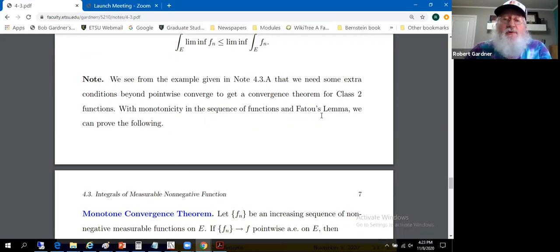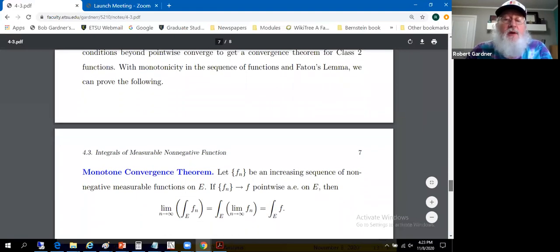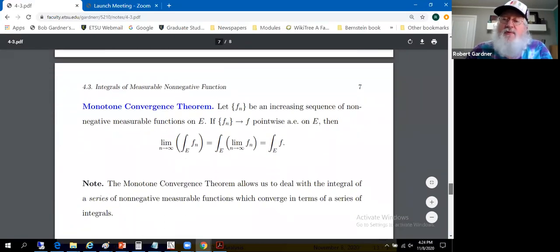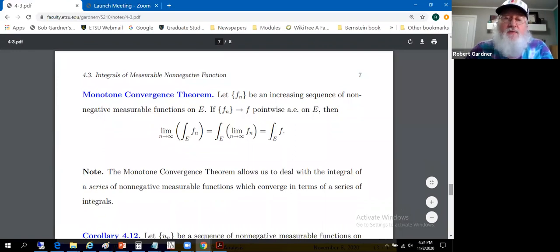So for class 2, we need something in addition to pointwise convergence. That condition we're going to put on is called monotonicity. We're going to require the functions to be monotone increasing. And that monotonicity, along with Fatou's lemma, makes it fairly easy to prove our convergence theorem, the monotone convergence